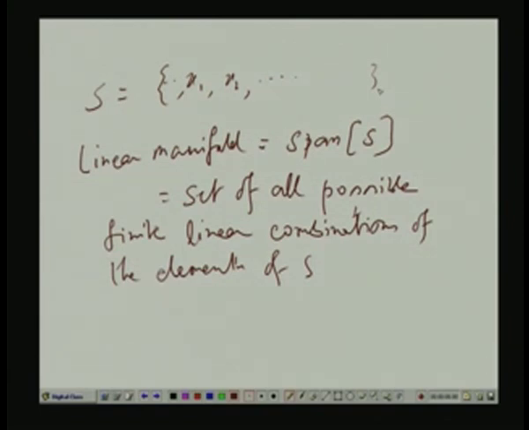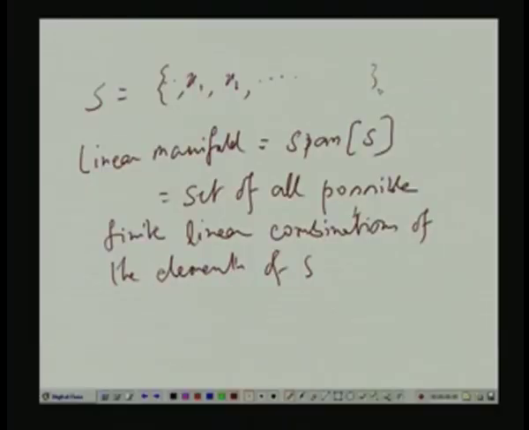That is a vector space. It is because if you take any two elements of that linear manifold, one is one linear combination, another is another linear combination. You add the two, you get another finite linear combination. So, it is closed, is it not? So, you still remain within the linear manifold, because linear manifold consists of the set of all possible